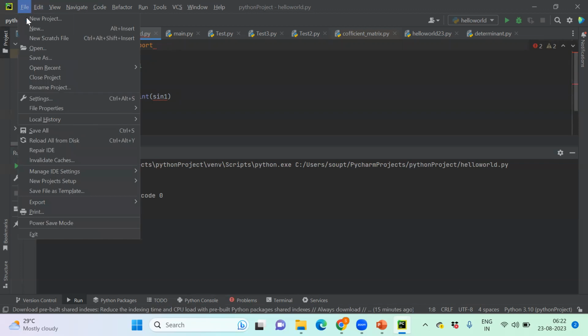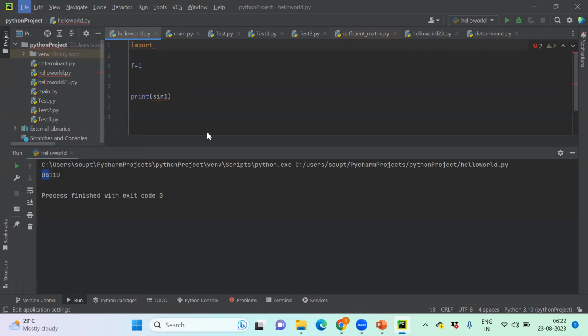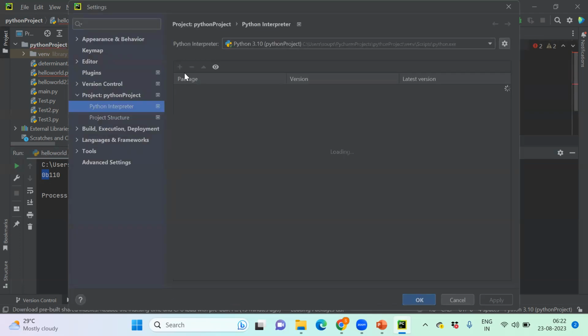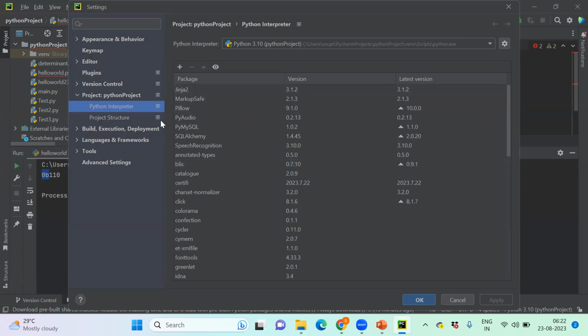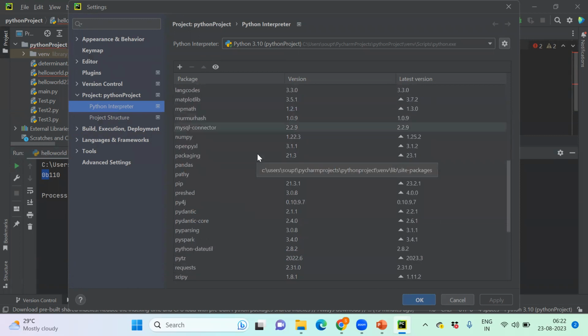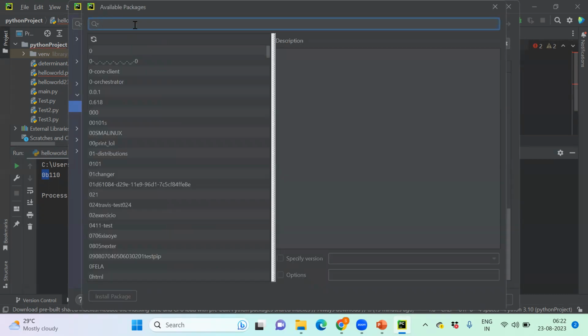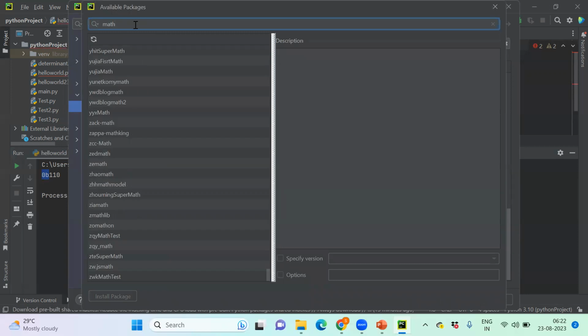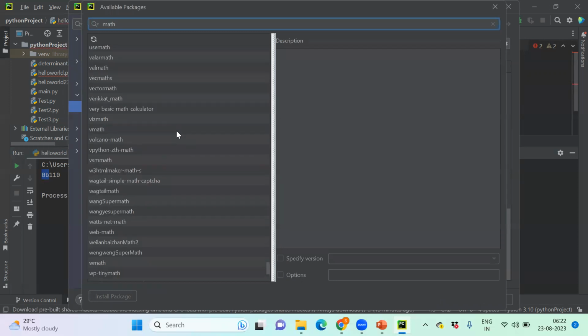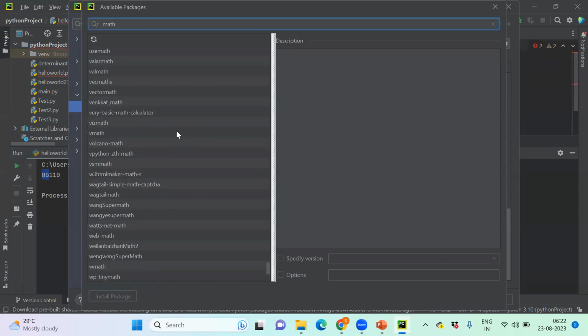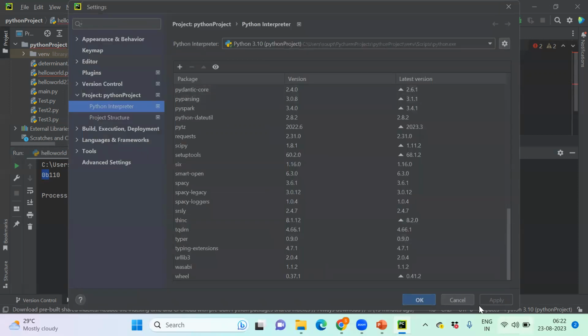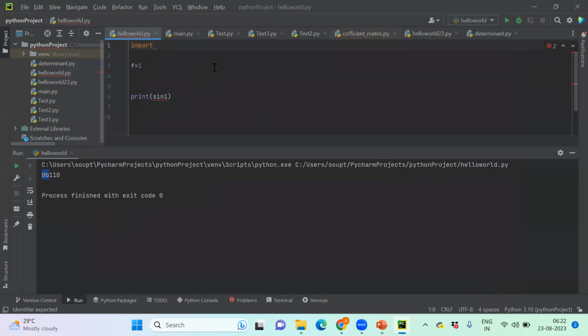Here is how to do it: file, go to settings. There are the external packages. I have installed the math package, MATH. It's there somewhere, I can search for it over here. Just click on this plus icon and search with math. You can search it, or you can also put the command pip install with the external modules. So just import math,